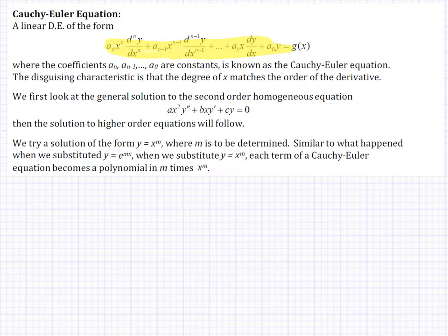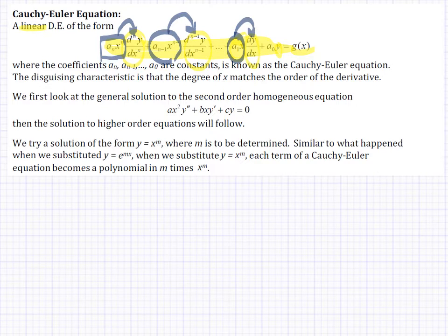And so it still has to be linear, because we're still talking about linear here. So all the derivatives, if you notice, are of the first power, and all the coefficients are functions of x here, but they're specific functions of x. Notice that the coefficient here is a power function of the same degree as the order of this derivative. And here this is a power function of the same degree as this derivative, etc., the whole way down. Okay? And so that's what really makes a Cauchy Euler equation